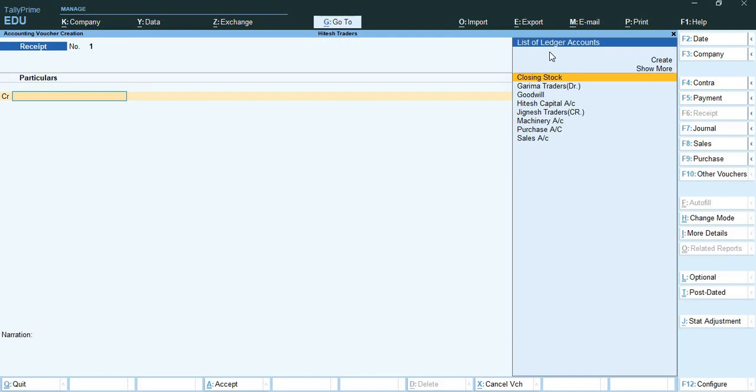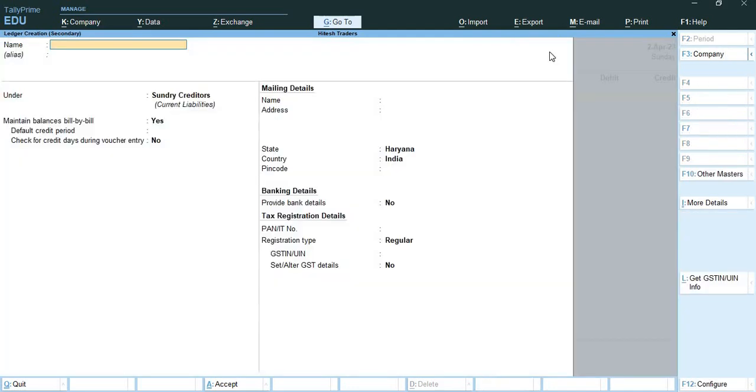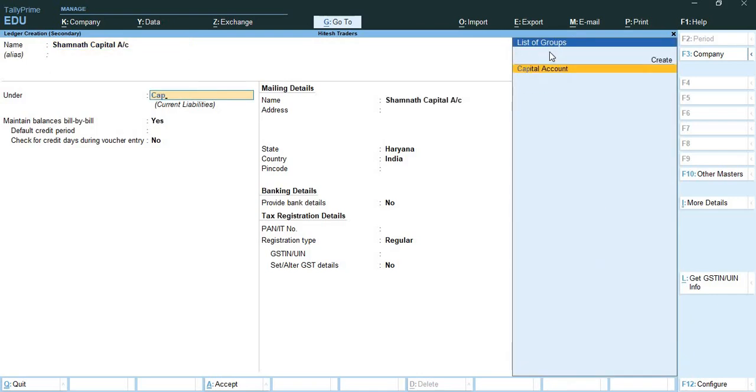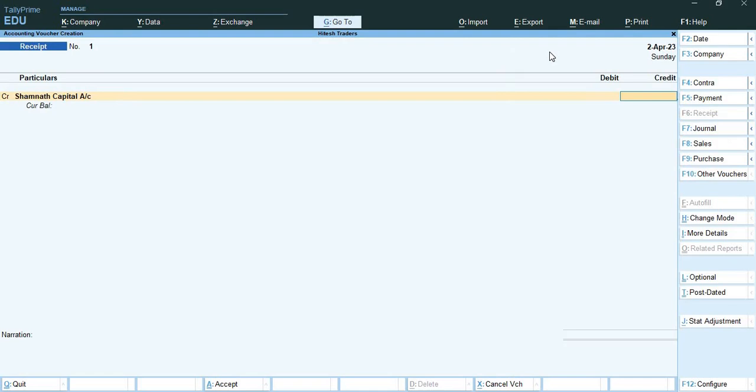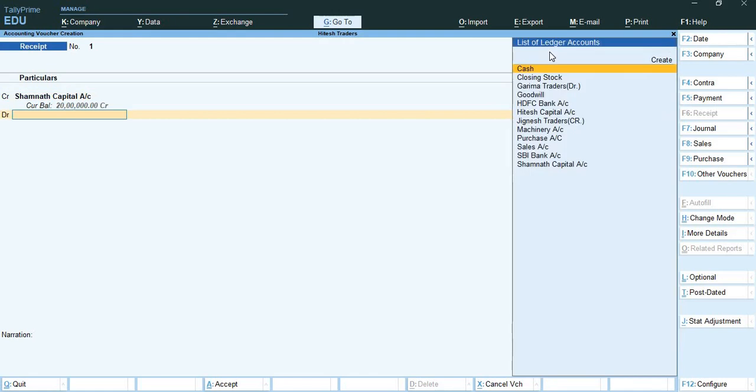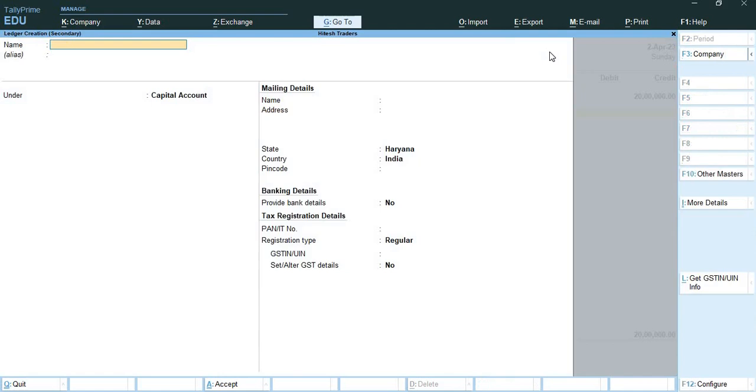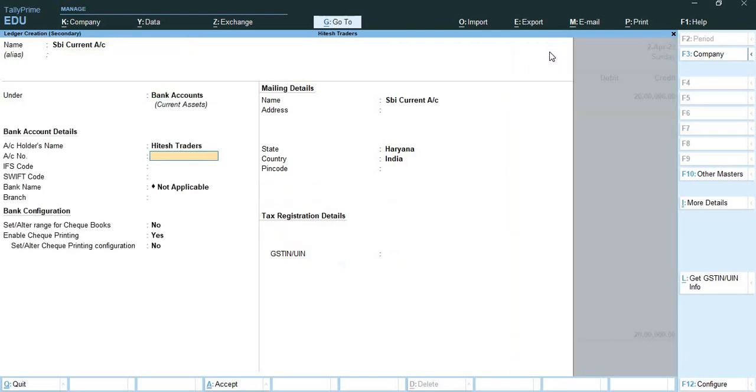So here what I'll do, I'll create a ledger by pressing Alt plus C. I'll create a ledger here, Shamnath capital account, under capital account group, and put manually 20 lakh over here. And for debit I'll create a debit ledger account over here, that is SBI current account. It will come under bank account, and here they have given me check number